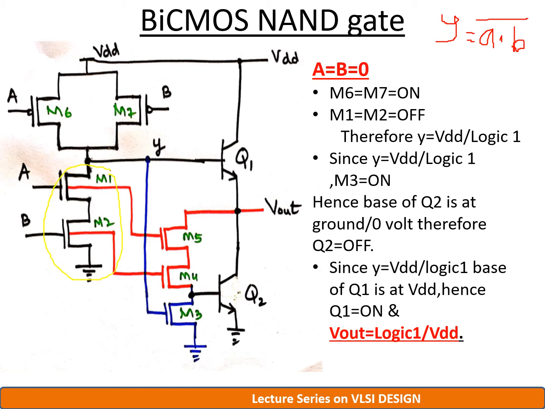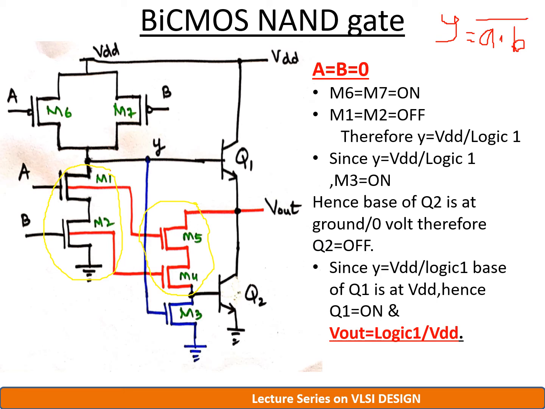And this pull-down network, the same thing is retained here, along with an extra N transistor in series. And the output of the CMOS schematic is fed as base input to Q1, and this N block is repeated here. The topmost end goes to the output terminal, the lower end goes to the base of Q2. So along with this N block, one more device is connected in series, whose gate is connected to the CMOS circuit output. Lower end connected to ground, topmost end connected to the base of Q2.